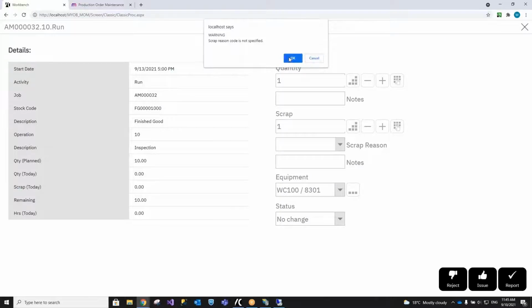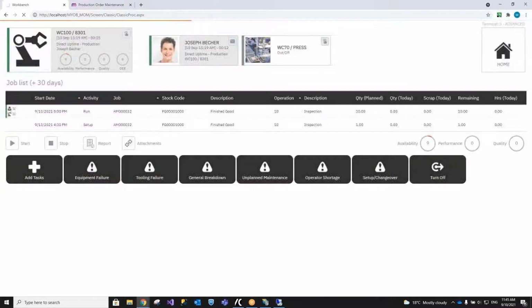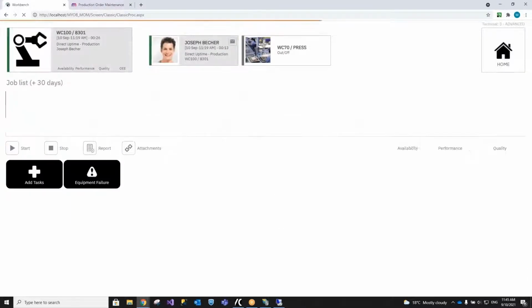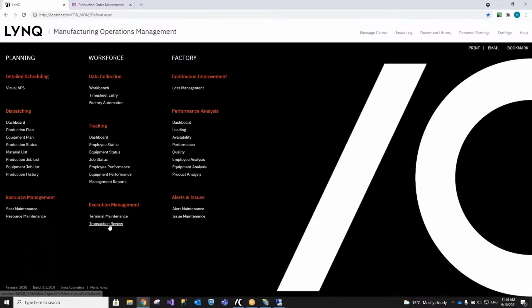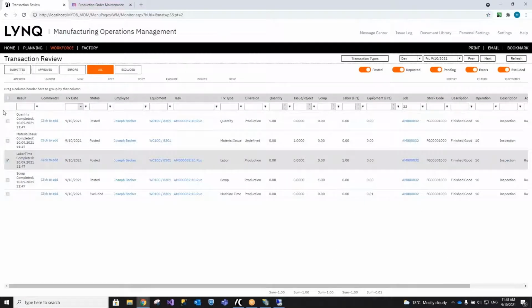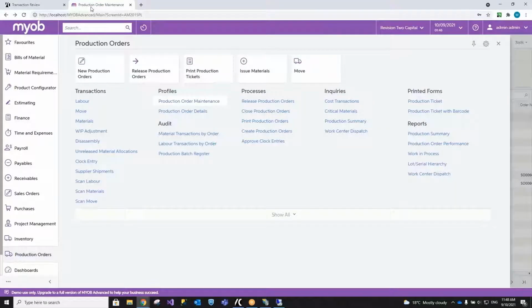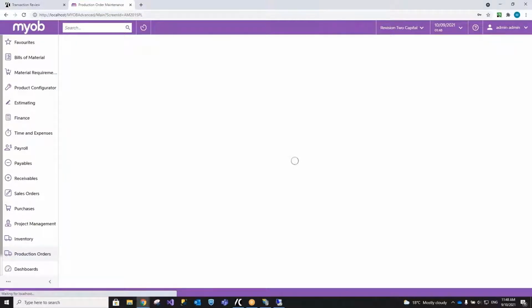And we should have put a scrap reason code in, but never mind. And so now we've done that, you can see the work order itself has been updated. Quantity planned, quantity today, scrap today, remaining quantity. And now we're going to look at our transaction review and see all 4 transaction types have already been automatically posted to MYOB. So now let's take a look at the labor